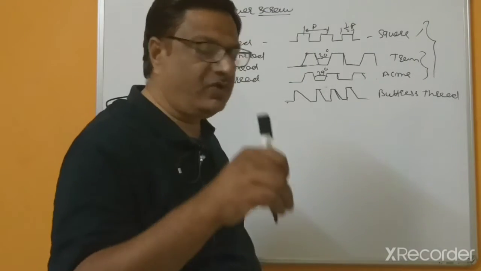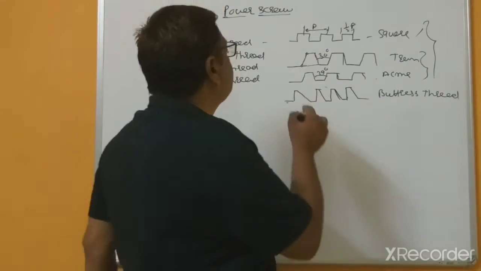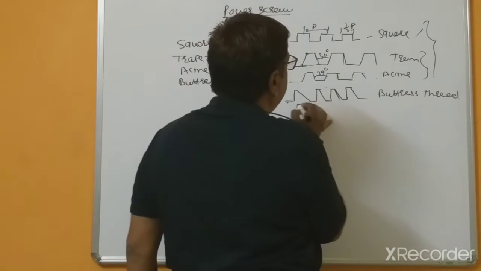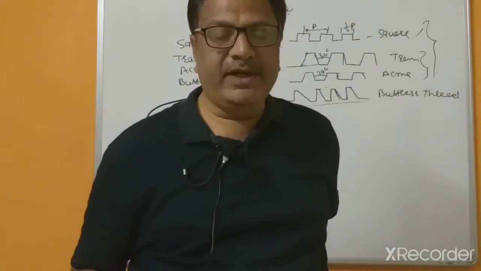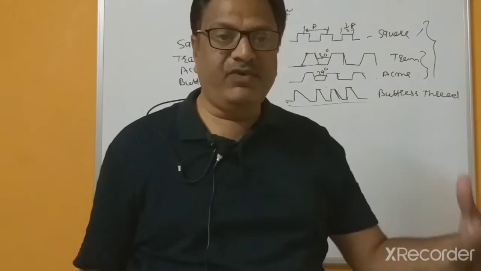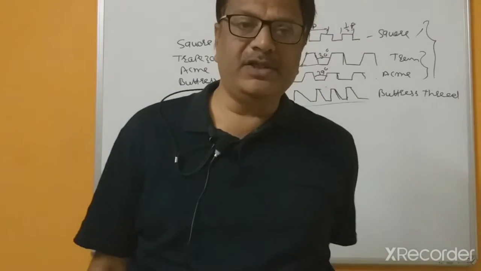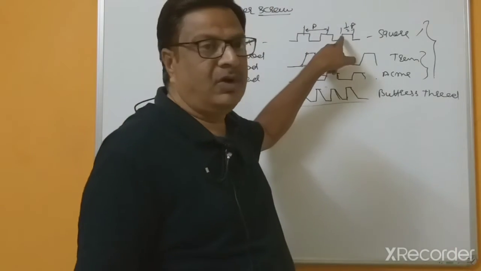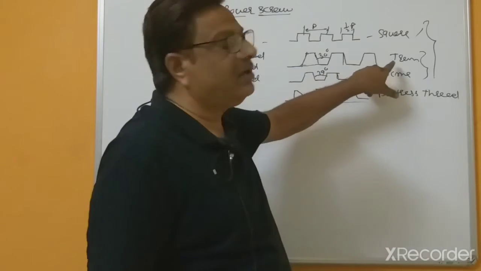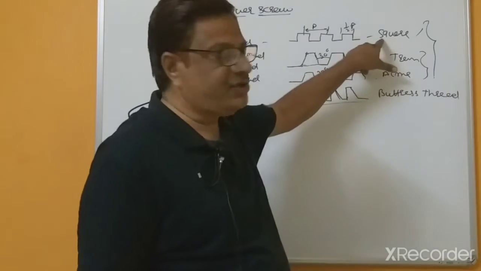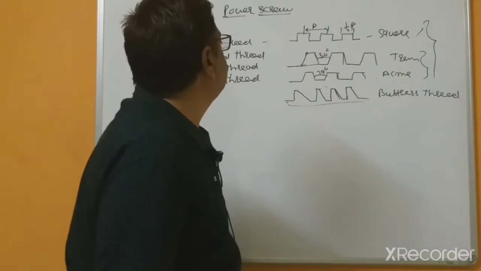So what may be the force? There is no axial force acting on the thread. So that's why we can take that advantage in the buttress thread. V threads are easy to manufacture using threading machines. We can manufacture the V threads easily, but the cost of the square thread is more, because a special type of machine is required. The trapezoidal thread has low production cost, and the buttress thread again has high production cost.